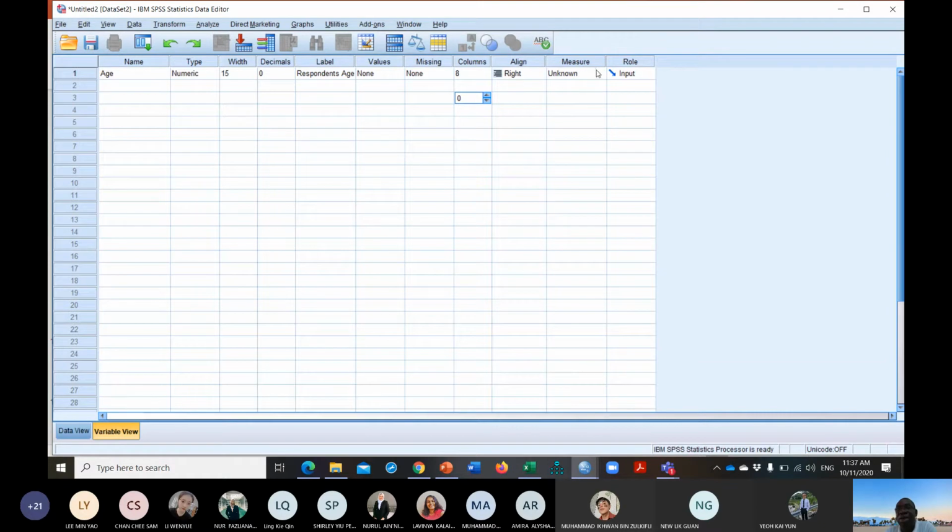Measure. What the measurement means is, is it a scale? Is it ordinal, is it nominal? When it is scale, it is continuous data. Something like age is continuous. We can take scale because age can start from 0 and go on to 1 million, if there's any age like that, 1 million days, 1 million minutes. So it's continuous data. Now, if we have done this, we have defined the characteristics of age, so that by the time we start putting age in our data,